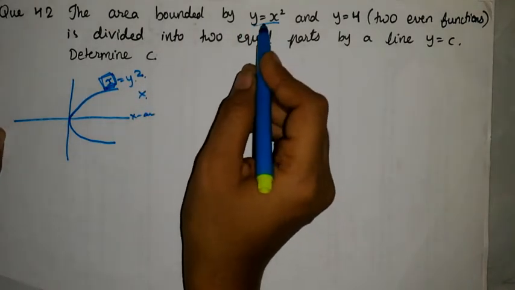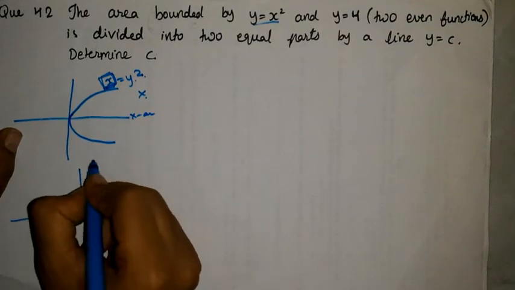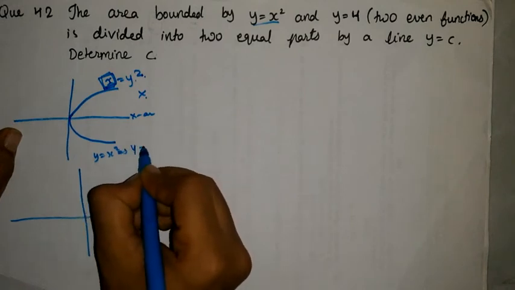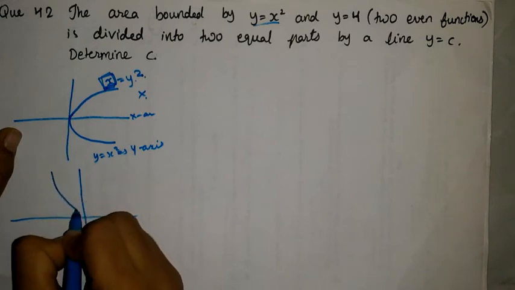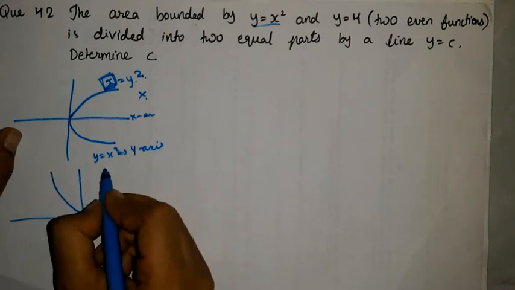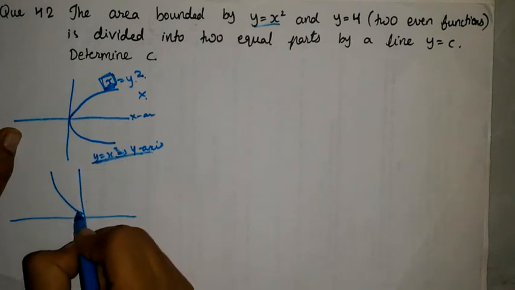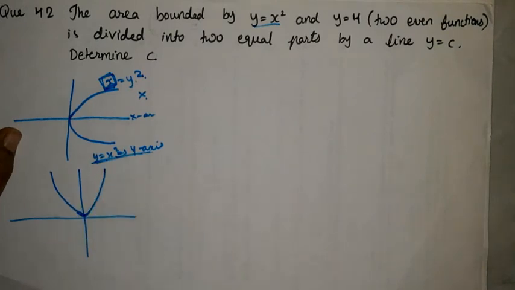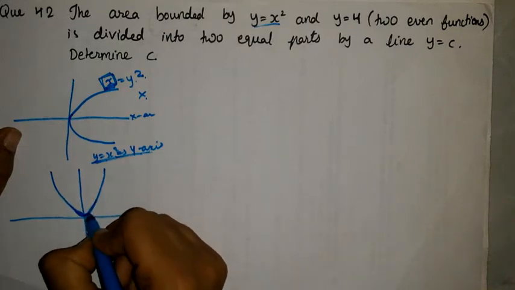We have to draw y is equal to x square. So y is equal to x square implies the main axis will be the y-axis, so we have to draw the graph along the y-axis. This is how I used to remember it. It is useful, so you don't commit a mistake. Y is equal to x square, so you have to draw on the y-axis. When we draw on the y-axis, this graph will be like this.